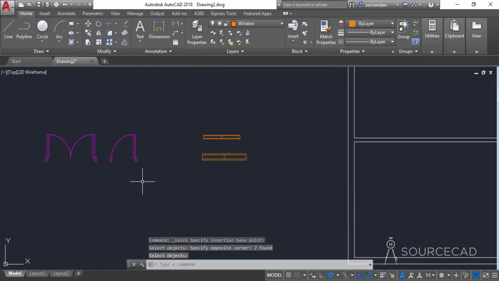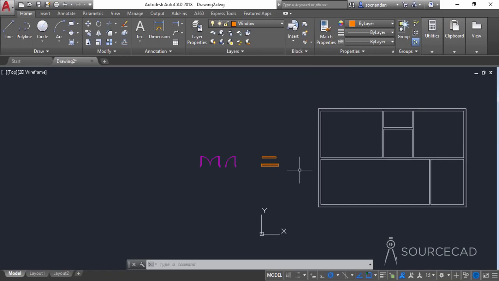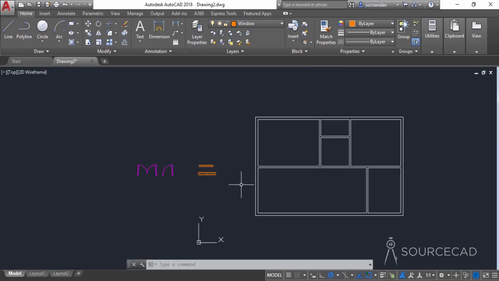Alright, so now we have added doors and windows, and you can see them in this list. We have door 1, door 2 and window 1, window 2. Now they are ready to be added in our drawing, and we'll learn about adding these blocks and also other blocks in our drawing in the